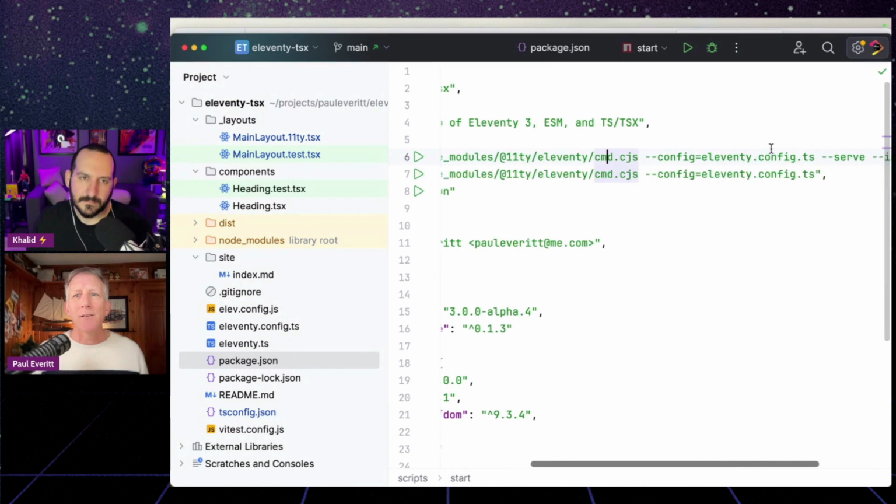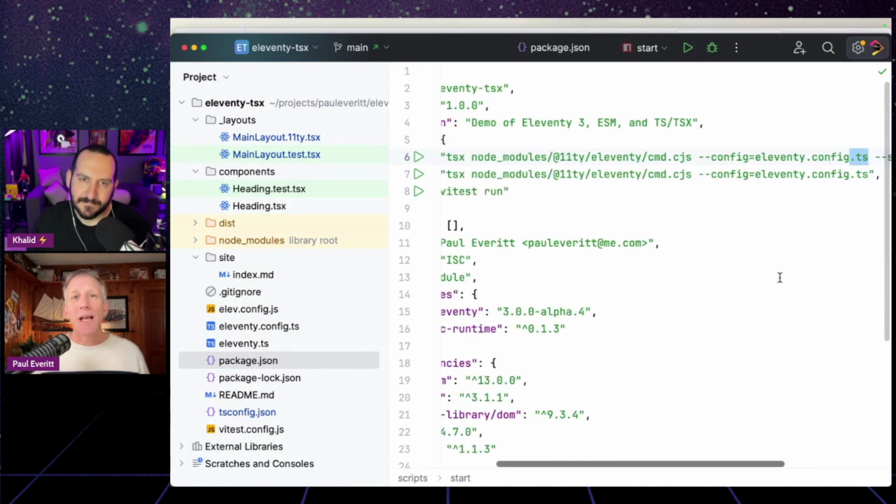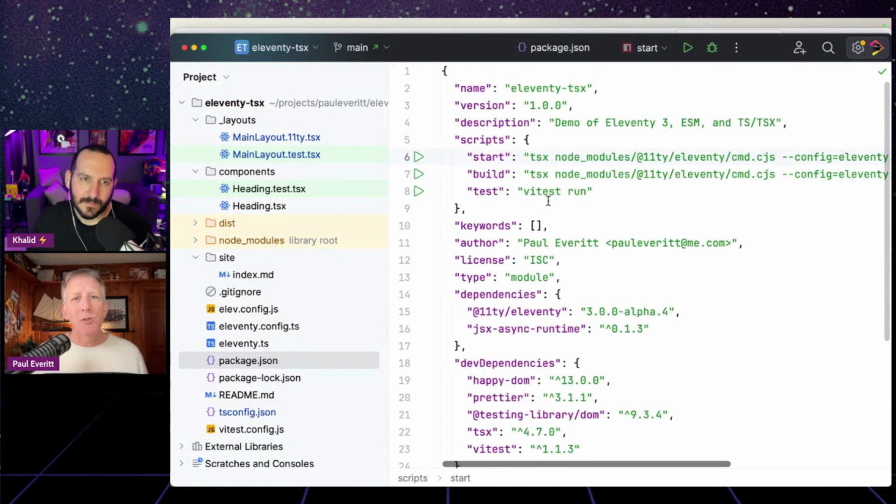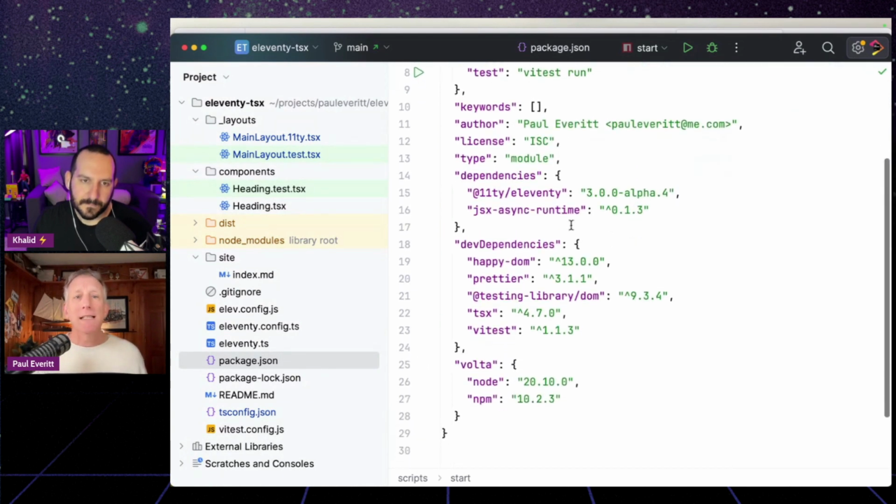We're going to point at a configuration, but what's up with that? That's a cool TypeScript configuration file. We didn't have that before, did we? So that was a pretty nice thing to have. Then our build, and we'll talk about test a little bit later. As far as dependencies, obviously Eleventy in alpha,